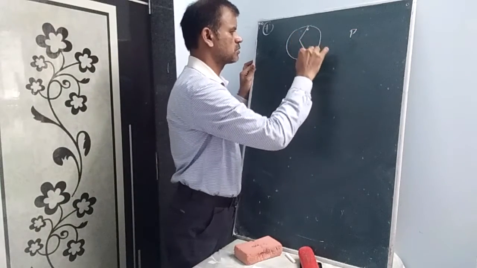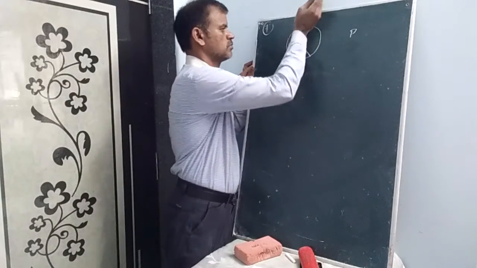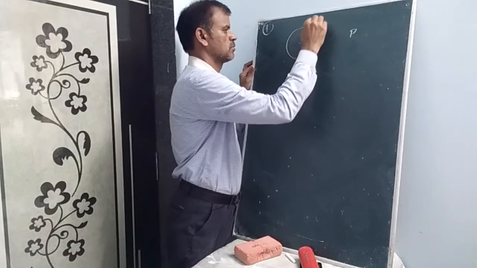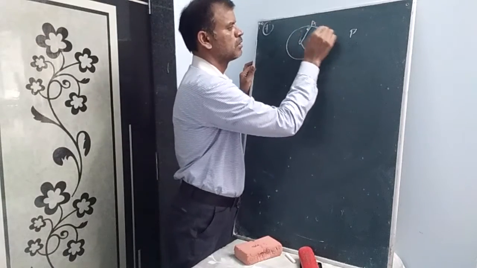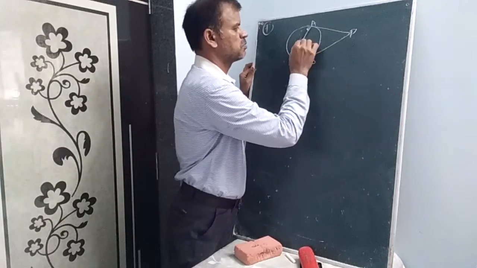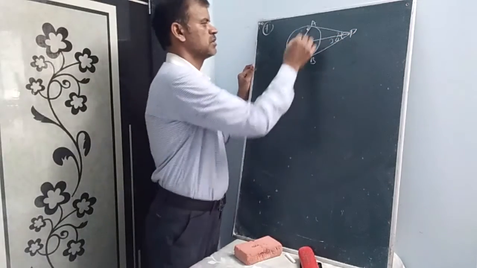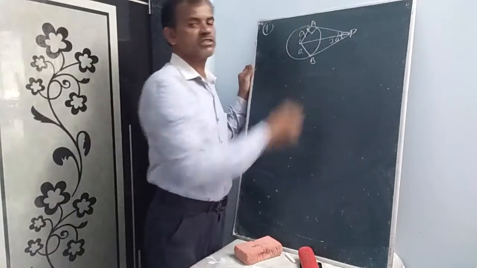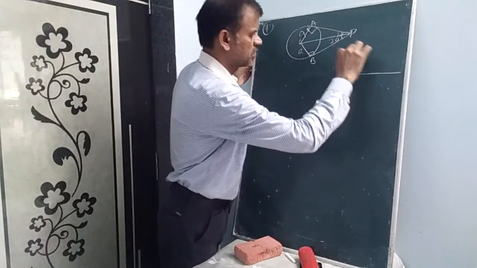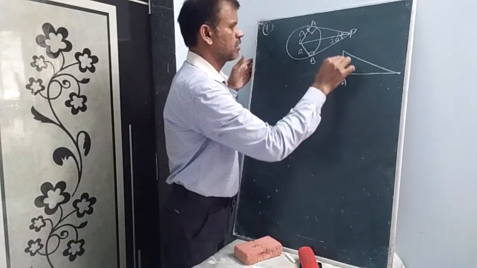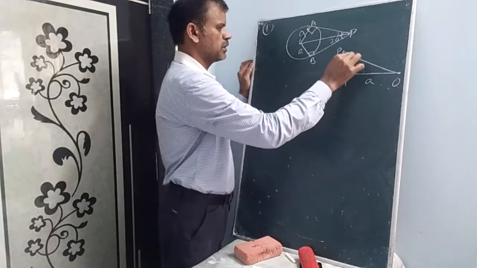We can draw like this. This is O. This is A, this is B. This subtends 60 degrees, so this is 30, this is 30. This is a, this is a. We know that the angle in a semicircle is 90 degrees. Here also the angle in a semicircle is 90 degrees. Once again I am drawing like this. Here it is a right angle triangle, A above P and this is O. OA equal to a, and at P this is 30 degrees.